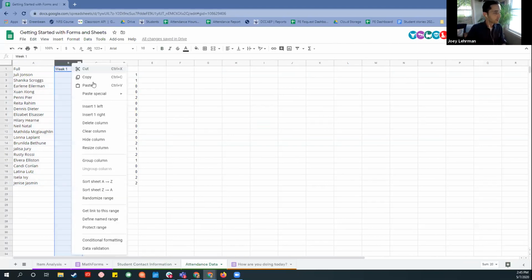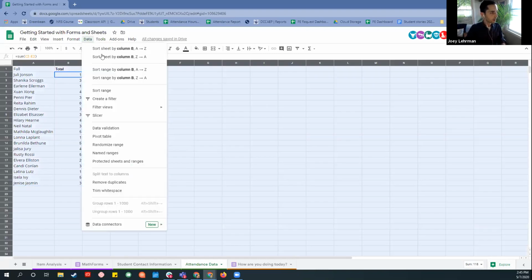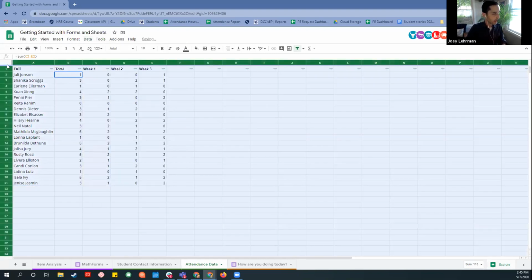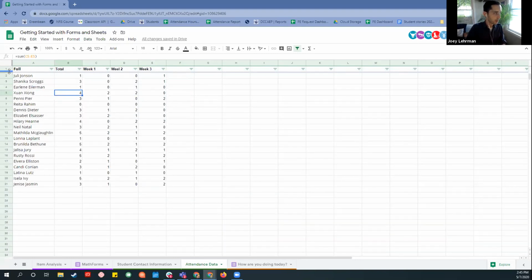So the first thing I'm going to do is insert a new tab and start a sum formula. All formulas start with equals sum, and then all the values to the right. So I can see here that this student has 1 total hour over the 3 weeks. Using this autofill, I can drag and drop that formula down. So now I can see how many hours every student has over the last few weeks. I can create a filter and freeze the top row. So now the row stays frozen even if I scroll down. That was also a drag, drop,